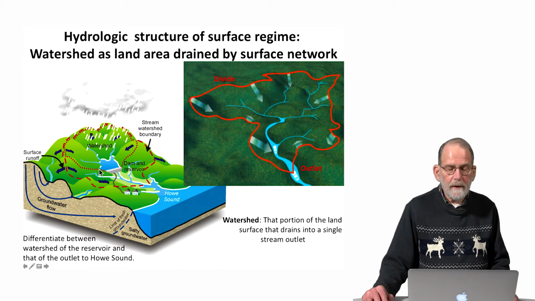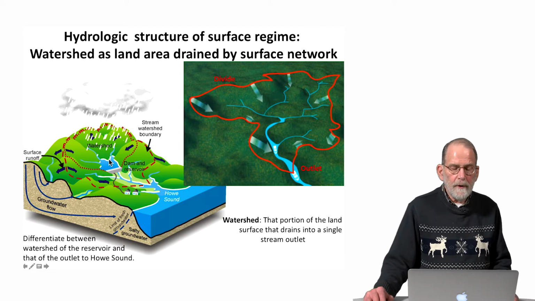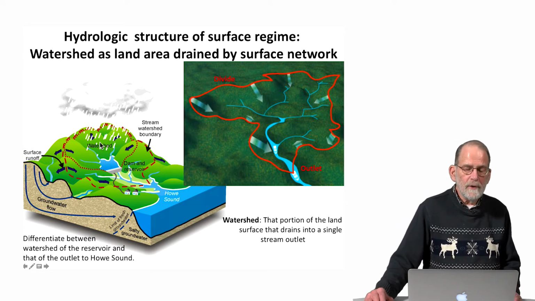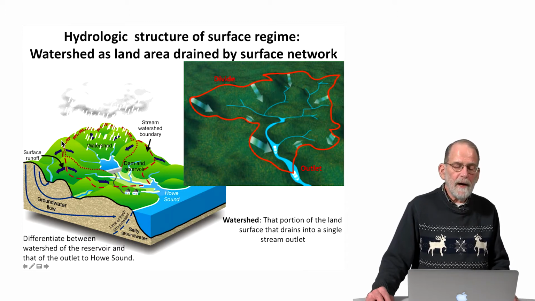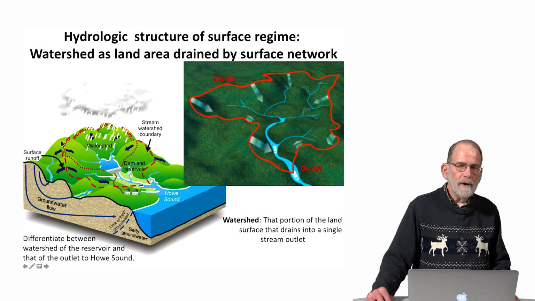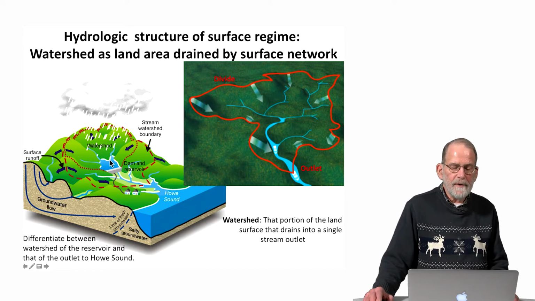So all of the land area inside of the dashed line, the dotted line here, represents the watershed of this particular reservoir. In other words, all of that precipitation will find its way into the reservoir. Rainfall that's falling on the other side of the dotted line will not find its way into the watershed. So the watershed of the reservoir then is that land area that contributes overland flow into the outlet. In this case, the outlet is the reservoir itself. Then we can talk about the watershed of the overall stream channel,